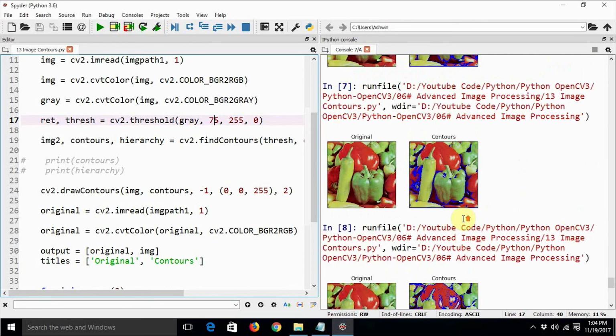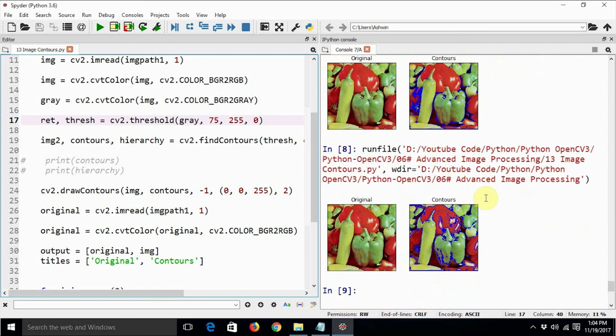So this is how we can use contours to create the segments within the image, for image segmentation, and also for drawing the boundaries between the objects in the image. Very soon, in the next couple of videos, we are going to have a look at a couple of applications of drawing contours in live video for detection of movement. I hope that you liked the video and understood the concept of contours, and from now onwards you will be independently able to write the code for finding as well as drawing the contours in an image.